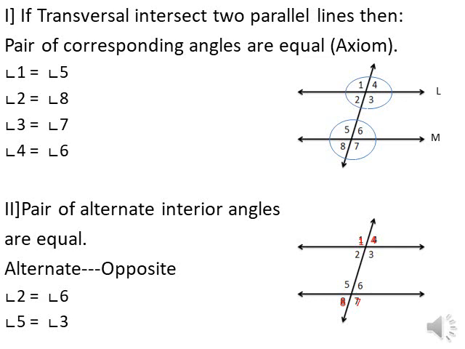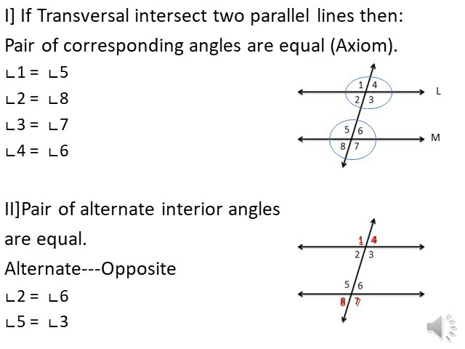And we have seen, when we were proving with the help of a circle, meaning we lift the circle and place it on the first, we can see that angle 1 exactly fits on angle 5. So both angle 1 and 5 are equal. It implies that corresponding angles are always equal. It is an axiom. It is universally accepted. So we call it an axiom.